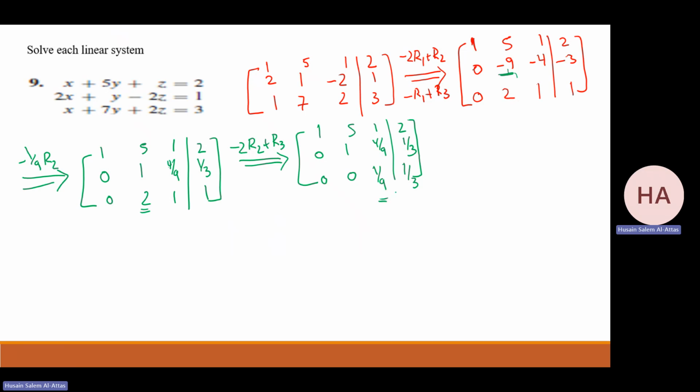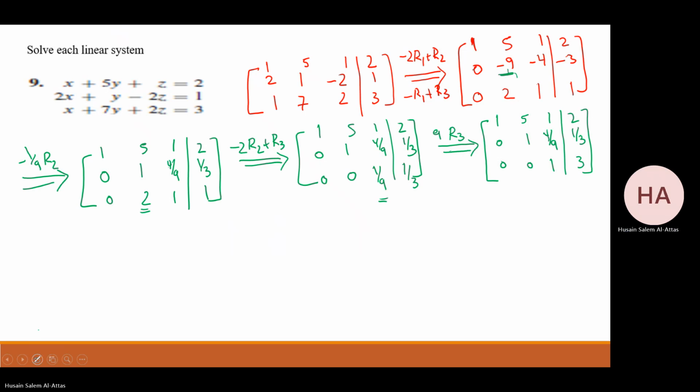I can take care of this. Multiply the third row by 9. What you will get? 1, 5, 1, 2; 0, 1, 4 over 9, 1 over 3; 0, 0, and multiplying by 9 it will be 1, and this is 3. Now we're ready